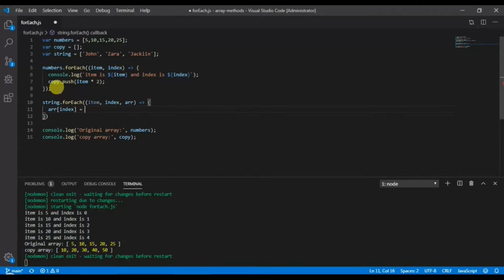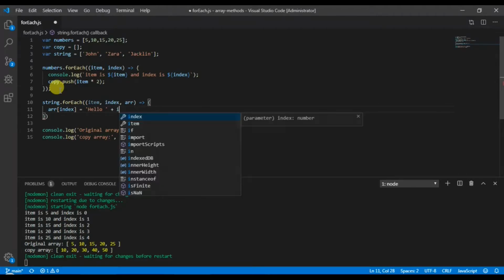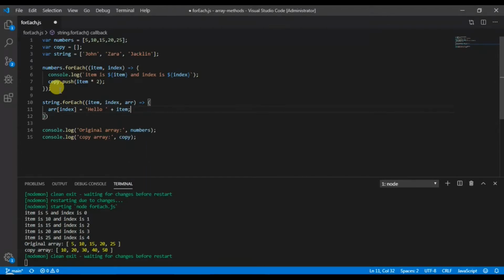So array of index 0 returns John, array of index 1 returns Zara, and array of index 2 returns Jacqueline. We set it equal to the string value hello and then append the item, which could be John, Zara, or Jacqueline, depending on the index of the array.